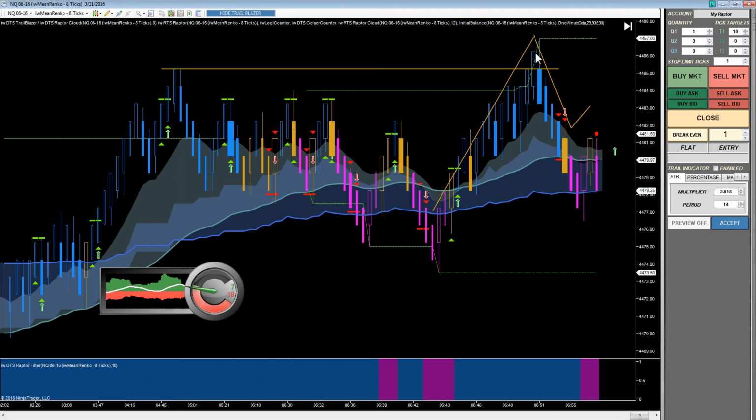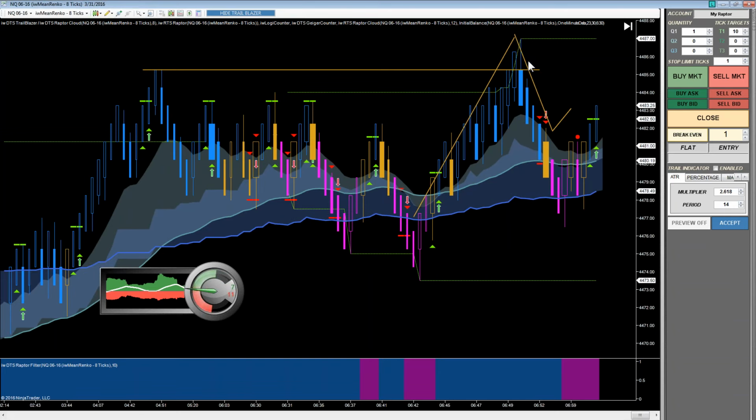Why is that significant? Well, when a market violates a significant swing point, either higher or lower, we can normally anticipate two moves in the direction of the breakout. This is move number one. Therefore, now I'm on the alert for move number two. And this is a universal concept. It doesn't matter whether you're looking at the hawk, the falcon, the eagle, or the raptor. This is something that will occur